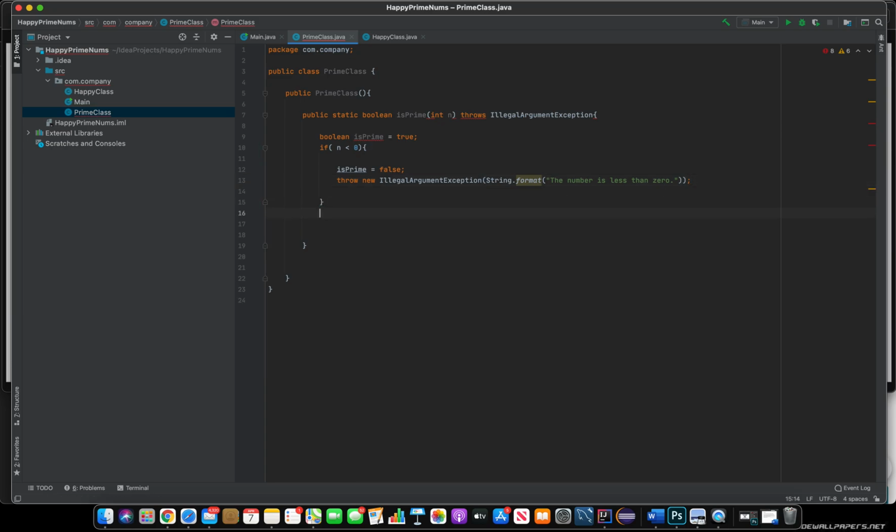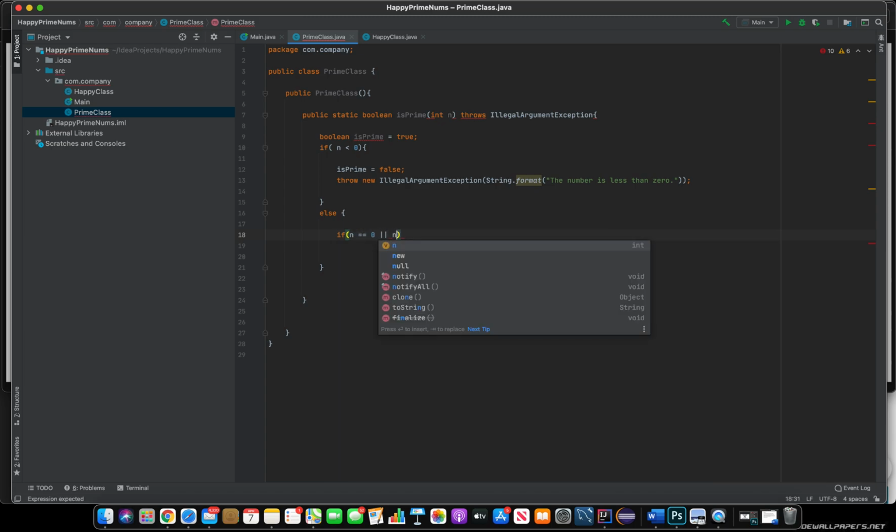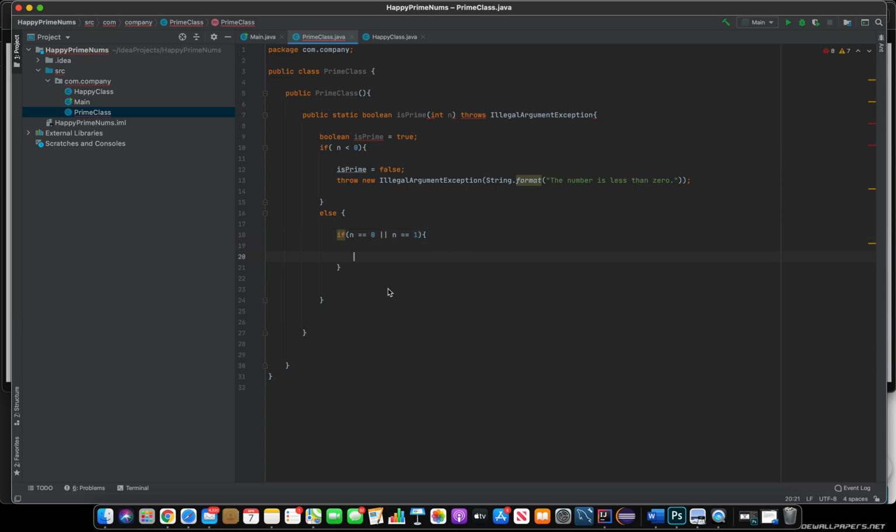Next, else if n is equal to 0 or n is equal to 1, is prime is false also, because 0 is not a prime number and 1 is not a prime number. All right, next,